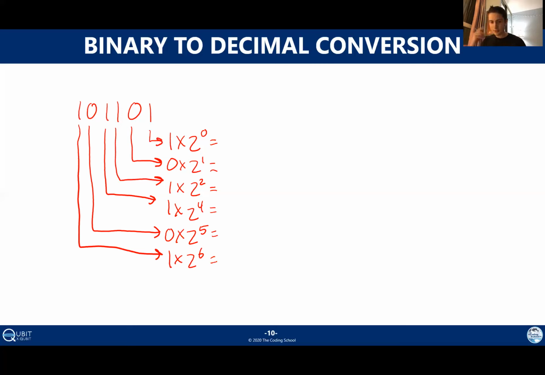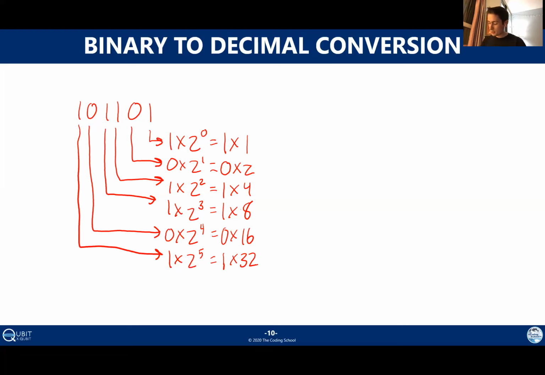If you are having difficulty computing these powers of 2 in your head, especially when we get to larger powers of 2, sometimes what I like to do, as a first step, is keep the multiplication here and just write down what the power of 2 turns into. So here I would do 1 times 1. This one is 0 times 2, 1 times 4, 1 times, oh, I skipped the number here. Sorry, all of these exponents should just increase by 1 every time. So from 2, we go to 3, 4, and 5. I get 1 times 8, 1 times 16, sorry, 0 times 16, and 1 times 32.